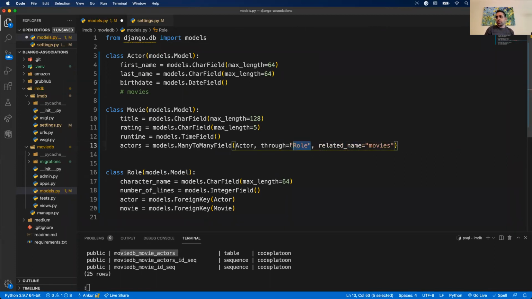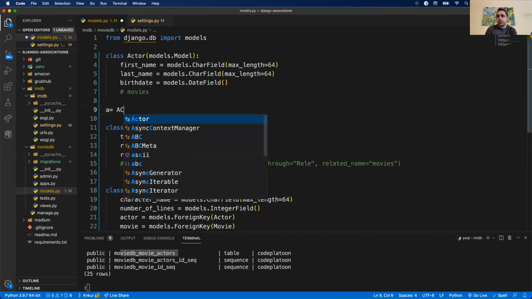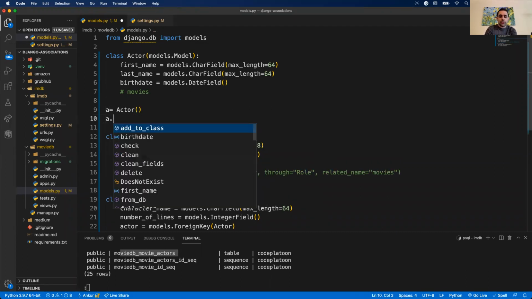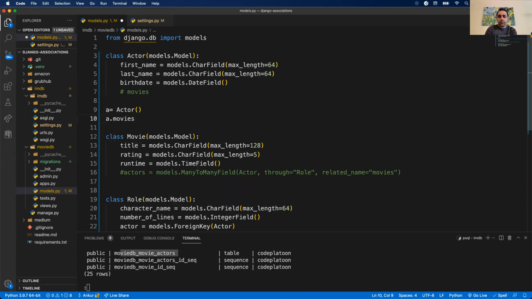All right, so we're saying the role Django model is what's going to be used to establish this many-to-many relationship. Without this, just to reiterate, everything's still going to work. I just lose the ability to call, if I have an actor instance, actor.movies.all, I think.